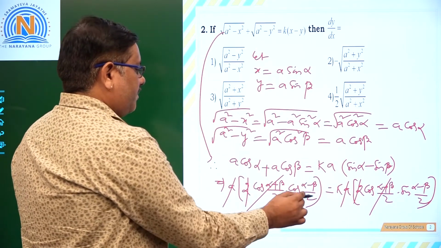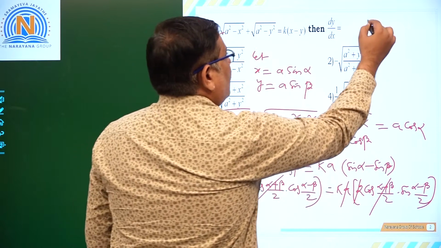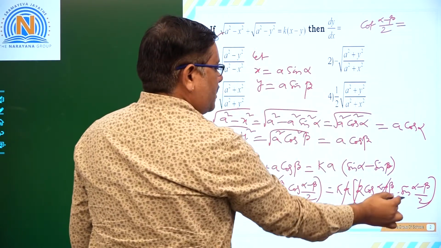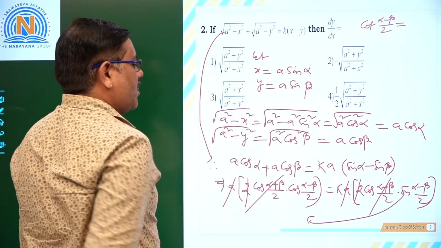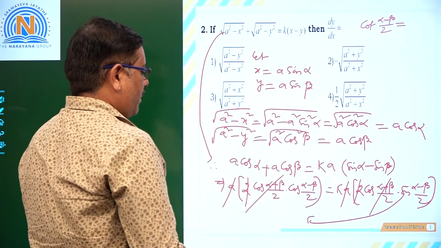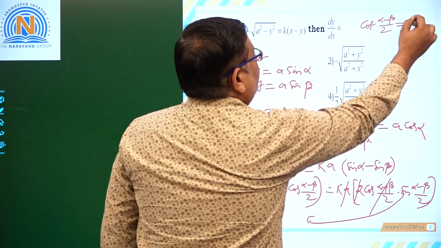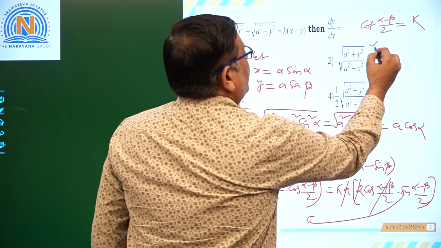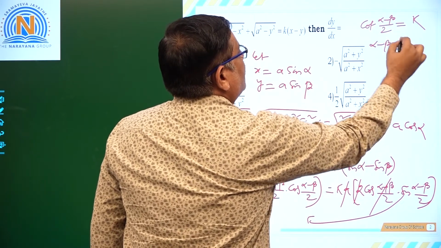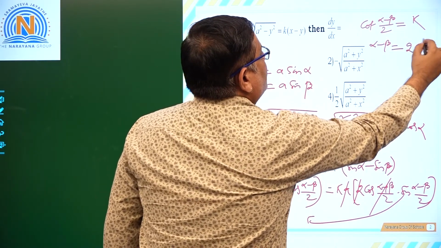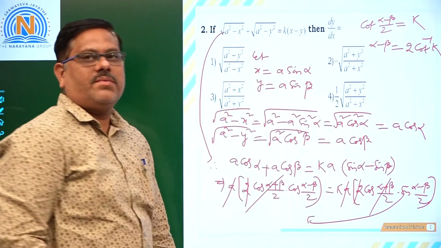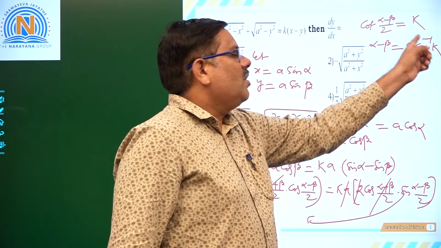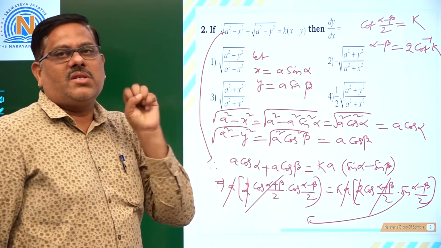So we are left with cot of (alpha minus beta) by 2. If I transpose it here, it becomes cos by sin, that is cot of (alpha minus beta) by 2, which is going to be some k. Now, what is alpha minus beta? Alpha minus beta is 2 into cot inverse of some k. That is a constant. You keep that, it is a numeral. 2 times cot inverse k is a constant value.